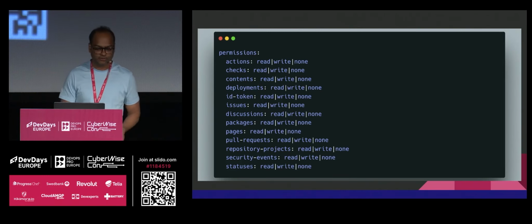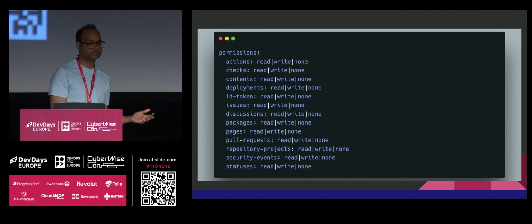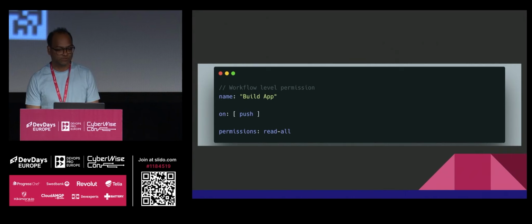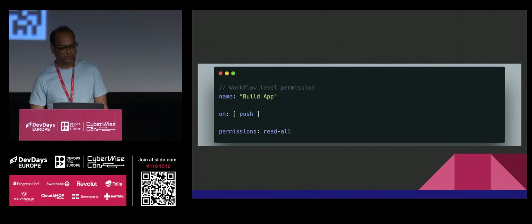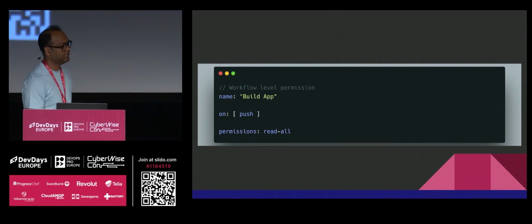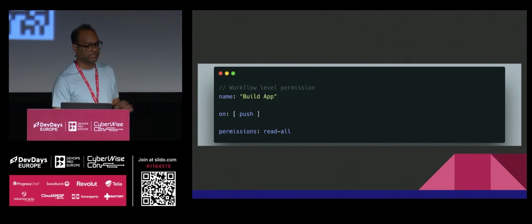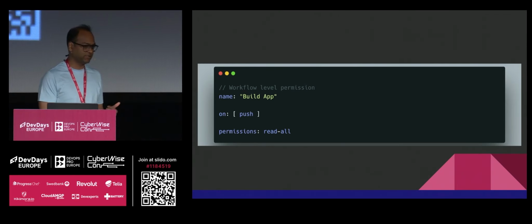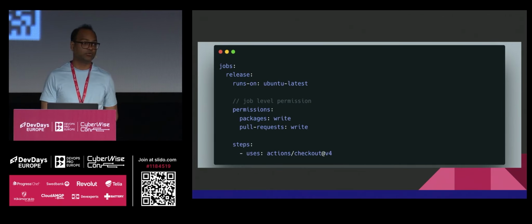Just keep it at read, and then whenever you need more permissions, you can just ask GitHub Actions to give you more permission with GitHub Actions or GitHub token, sorry. So this is how you can do it at job level, at workflow level. After your event, you can just say permissions, and then you can say, hey, give me read all access on this workflow, so I can read everything which I want to, basically reading issues, reading permission, reading PRs, everything. In case you want to do it at job level, this is something you can use.